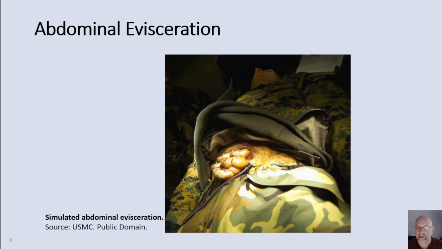This dressing should completely cover the wound on all sides. Then we take a piece of plastic and secure that over the moistened dressing. This will help to maintain body heat as well as keep the dressing moist during transport so it doesn't damage the underlying organs. Some abdominal dressings come packaged with plastic sheeting that can be used to cover the dressing when